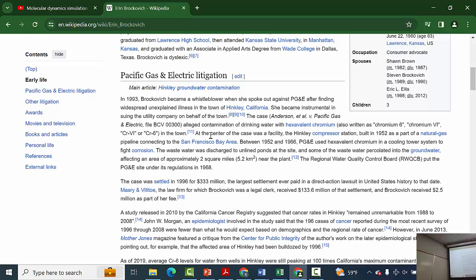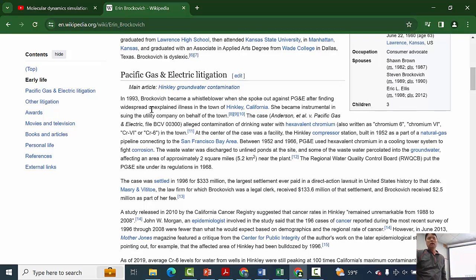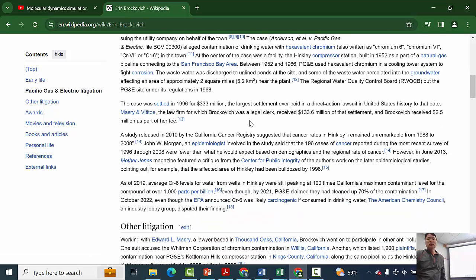Well, chromium 6 is a carcinogen. Chromium 3 is not. If you have chromium 3 or chromium 2, you're okay. But chromium 6, its properties are quite a bit different, because it's lost so many electrons. And the chromium 6 is not alone. It's usually with other things. We'll talk about that later. But anyway, this turned into a big